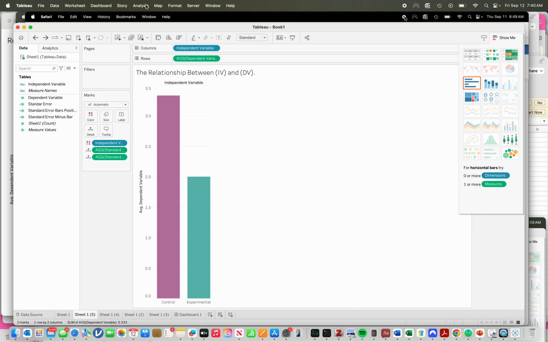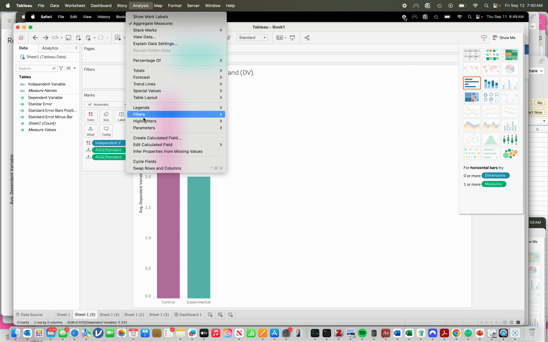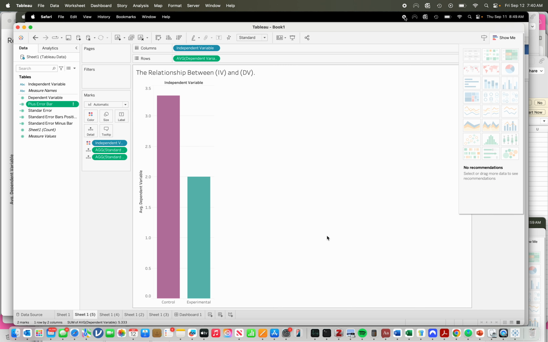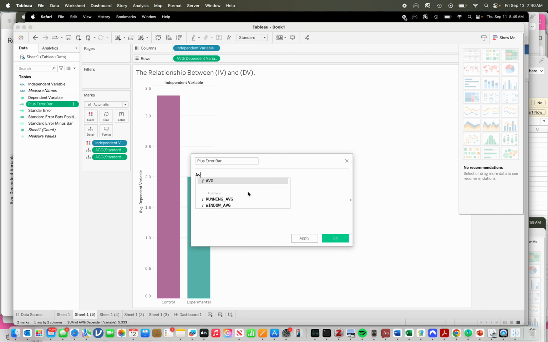So first thing you want to do is click on analysis and you want to click on create calculated field. My plus error bar, I'm going to click that. I'm going to click OK. I didn't do anything with it. Sorry. Edit. It is just my average of my dependent variable